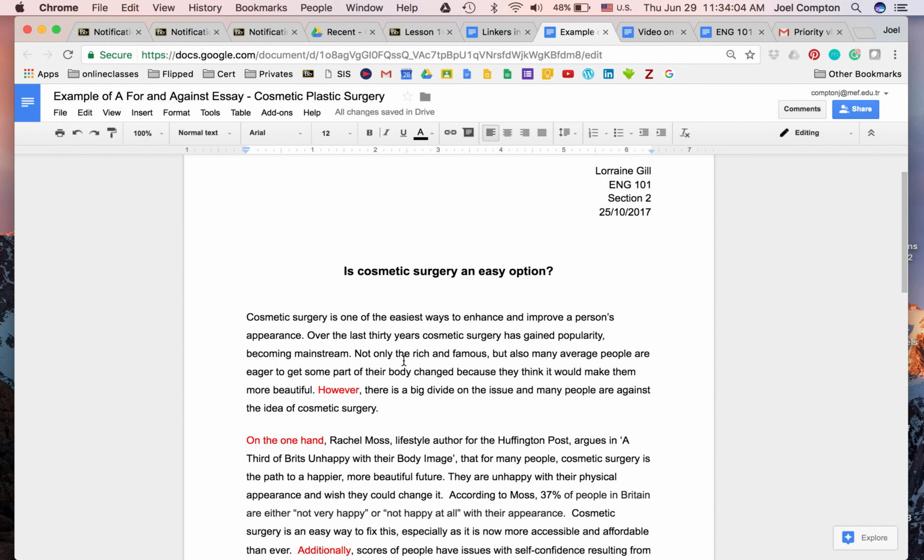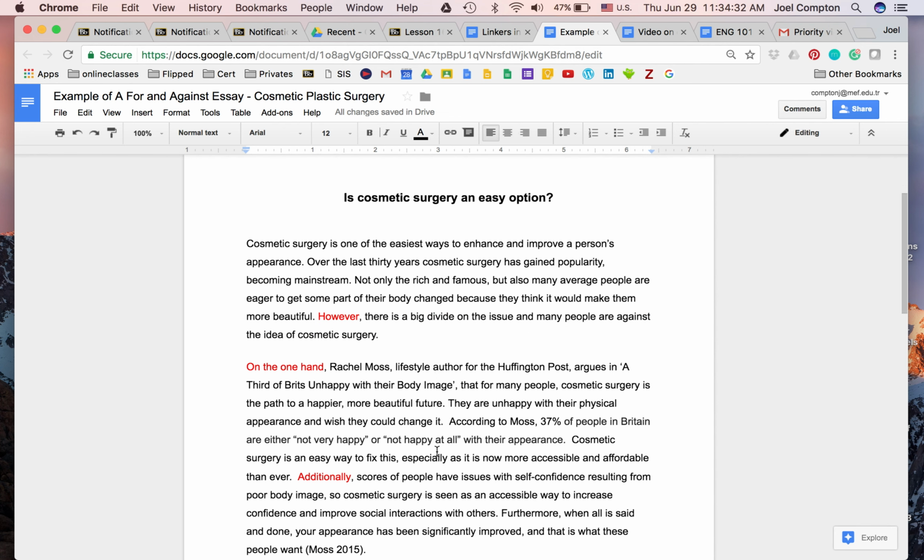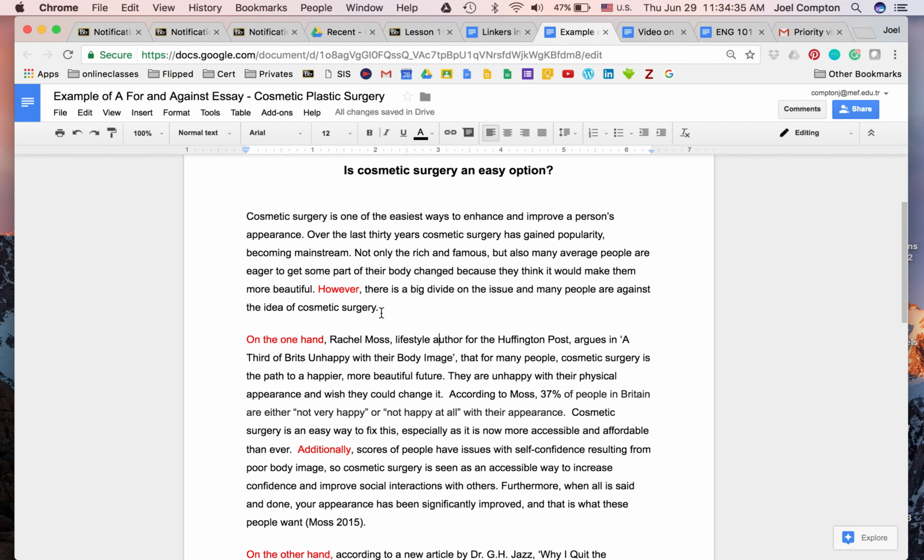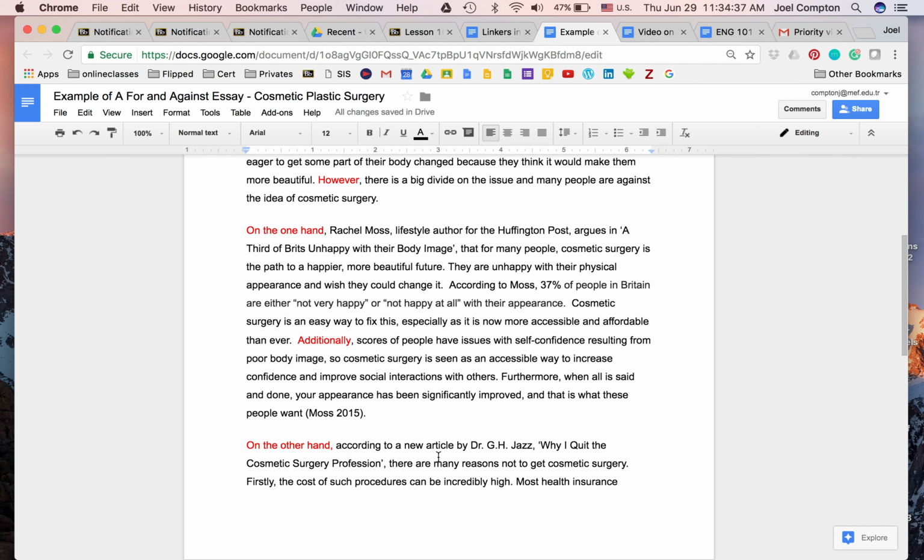But first of all, I want you to notice what we have in this introduction. Okay, so we have a topic sentence which introduces the topic for that paragraph. We have some background information, and then at the very end of this paragraph we have a transition sentence which then tells the reader what the next 2 paragraphs are going to be about, which is, according to this sentence, the pro and con, or the for and against part of the essay. So this sentence is very important because it lets your reader know what the next 2 summary paragraphs are going